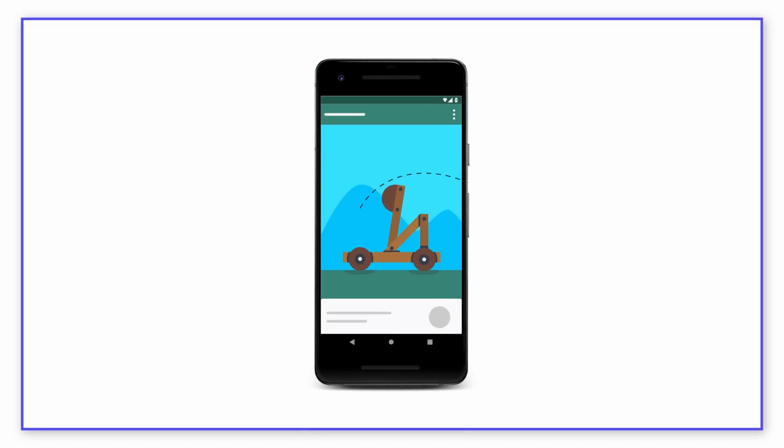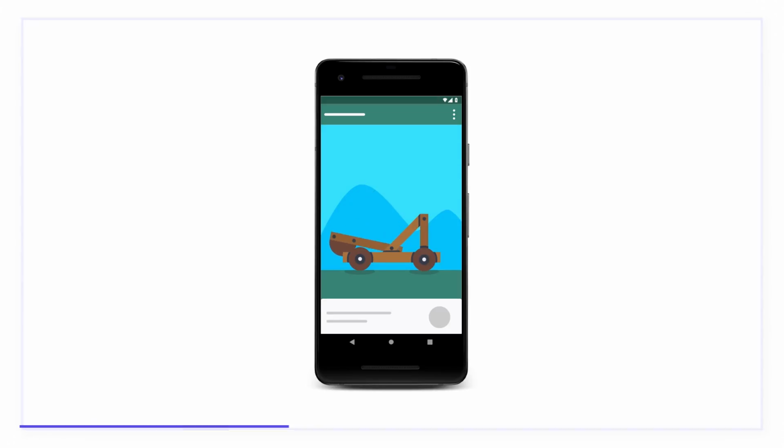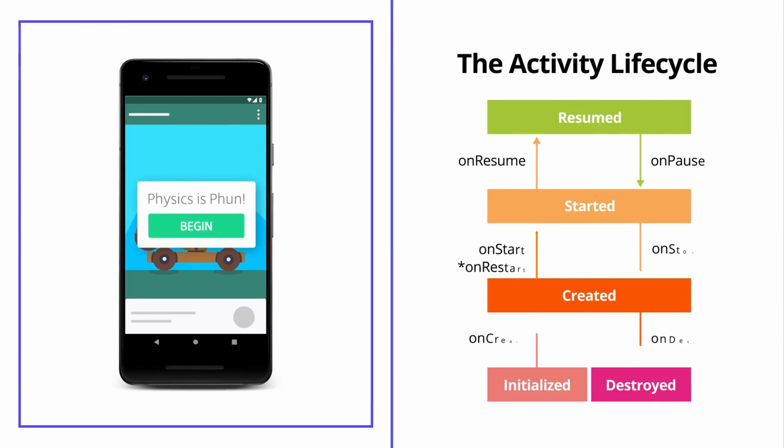Let's explore a few practical examples for when you'd use these callbacks. If you remember way back from the start of the lesson, I talked about a situation where you have this expensive but really awesome physics simulation running on your phone. Depending on the behavior you want, you'd probably want to start or stop that simulation, either in onStart, onStop, or onPause and onResume. Now you'd choose onStart and onStop if you still want the physics simulation going, even if it's partially obscured and doesn't currently have focus. And then you'd use onPause and onResume if you want to stop it whenever it loses focus.